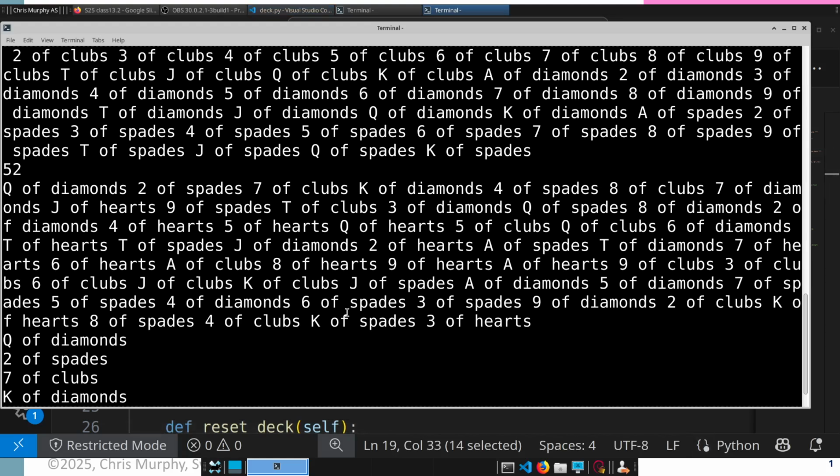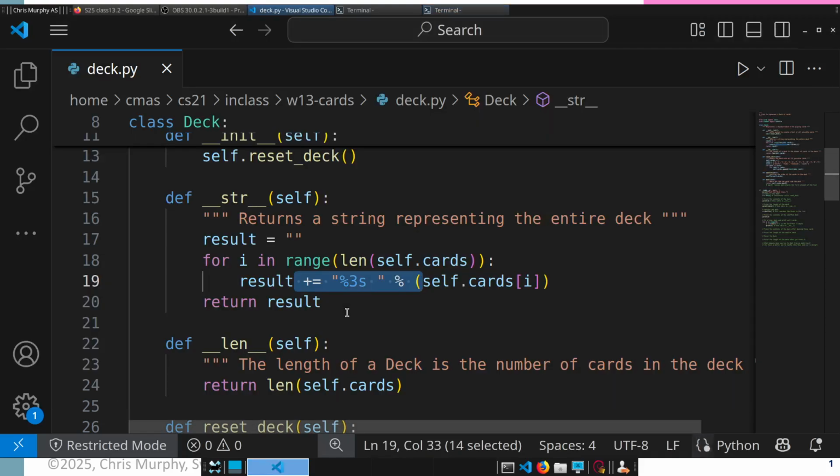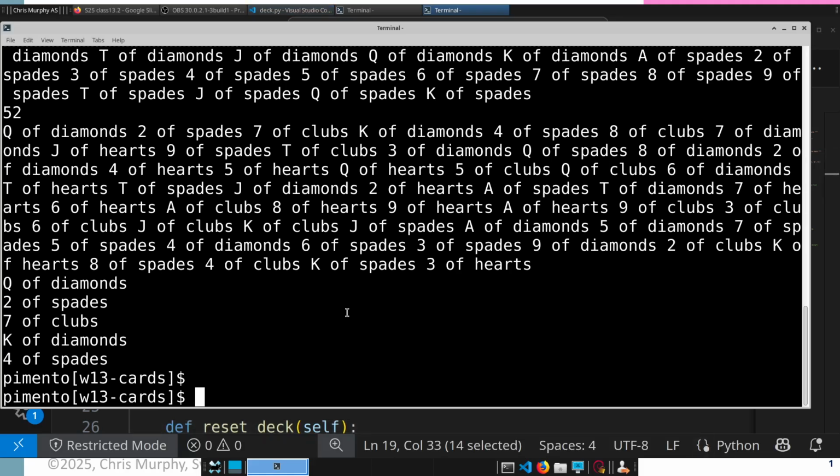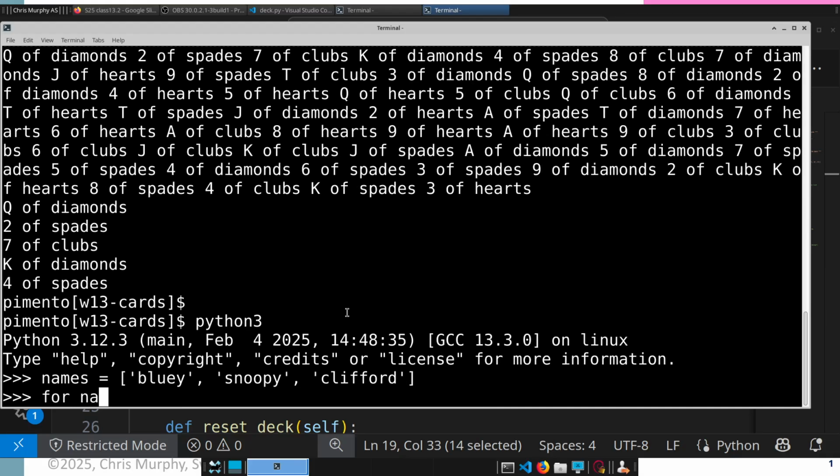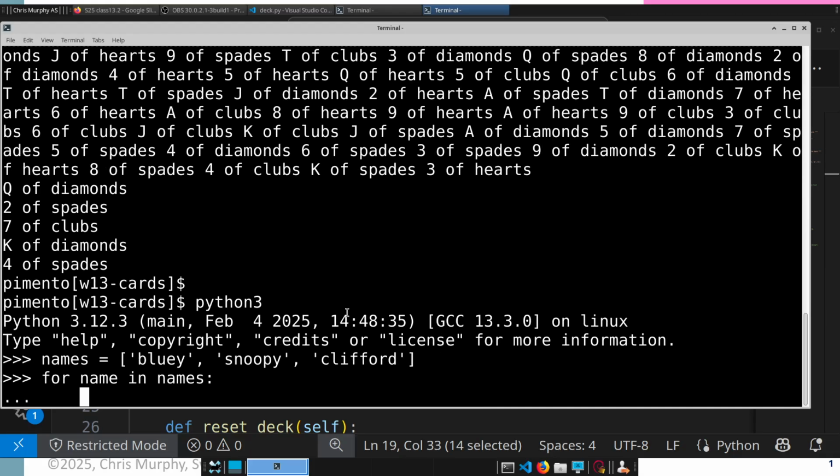But I guess in the general case, we could do a quick little example here. So Python 3, names equals, oh, so hard not to say Bluey. Bluey, Snoopy, give me another dog name. Clifford, good one. That's enough. Then for name in names, print